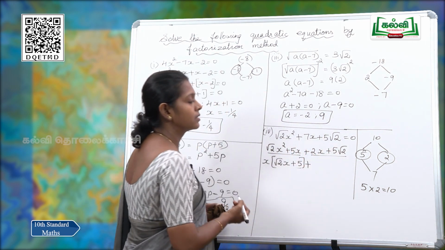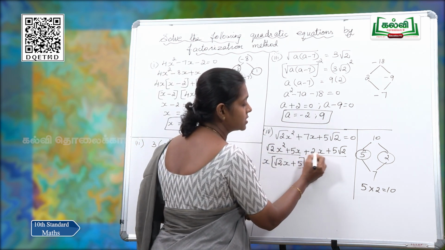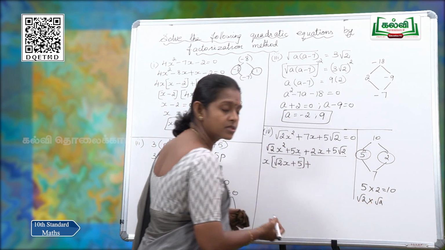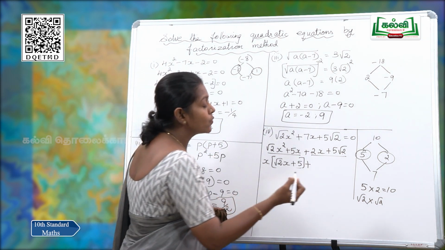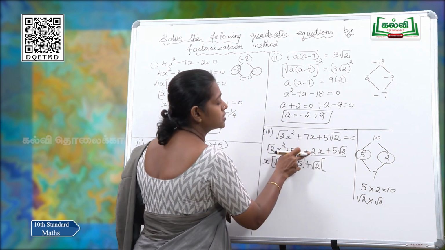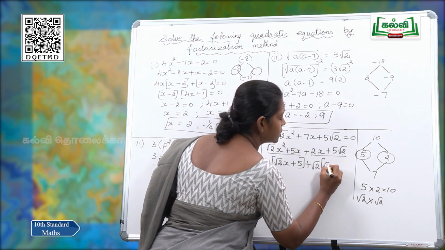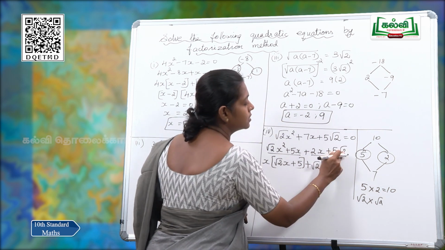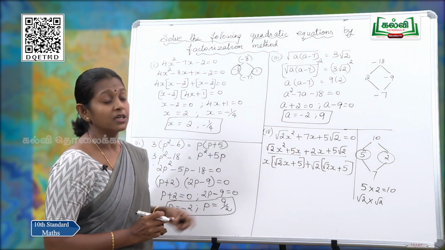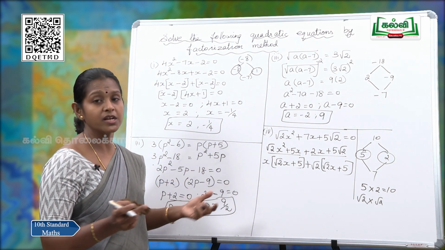Now, take the next two terms. What is common in this? Yes, a common term is there, because this is root 2. This 2 can be written as root 2 into root 2. Yes, root 2 into root 2 is equal to 2. So, why don't I take that root 2 from both? I can. So, take root 2 outside. So, already I have taken root 2, that means one more root 2 is there to get 2. So, you have to write root 2 x plus, root 2 is taken out, so 5. Now, check both terms which you have got in the bracket are same, of course same, then your answer is right.